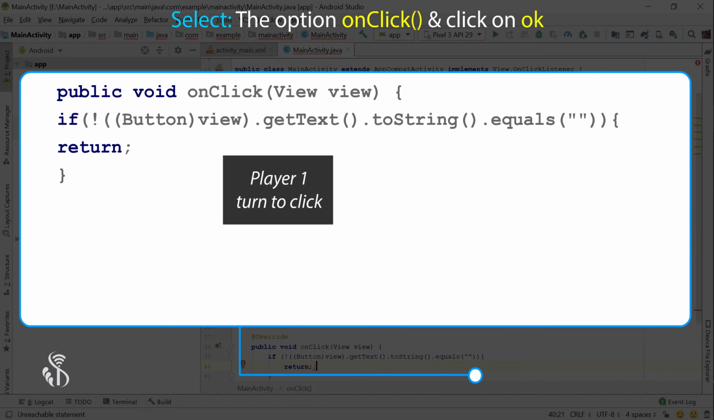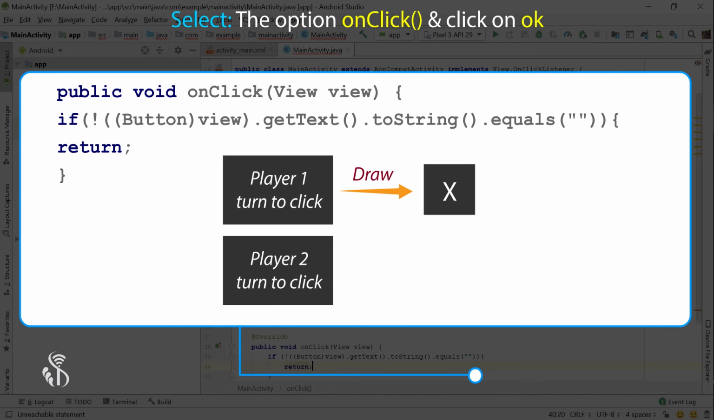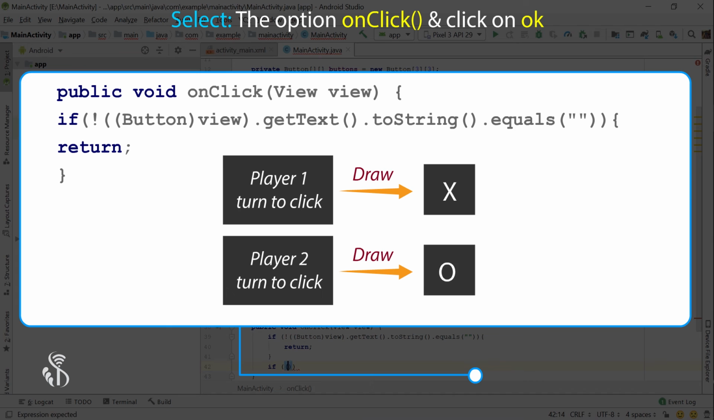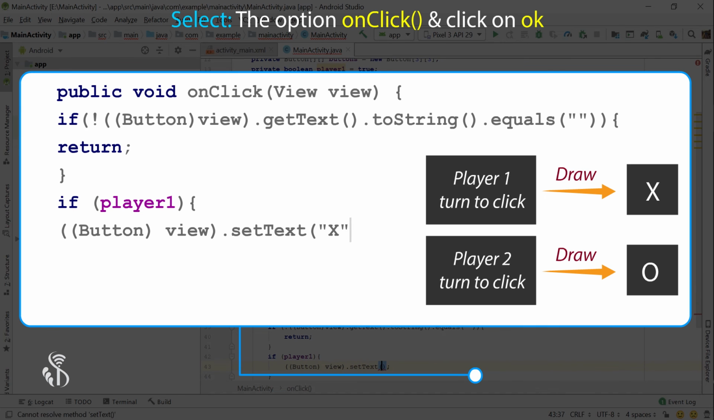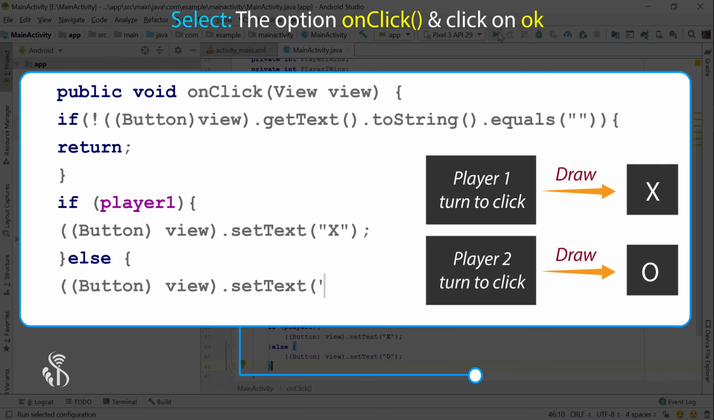If it is the first player's turn, then we will draw a cross on the square, and if it is the second player's turn, then we will draw a 0. if (player1) { ((Button) view).setText("X"); } else { ((Button) view).setText("0"); }